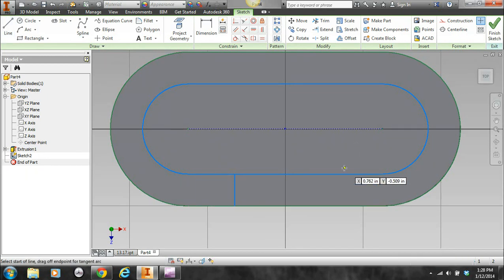Okay, and I want to do another one over on this side. Do the same thing. You may want to check your geometric constraints. Okay, notice when I hover over the perpendicular, the lines are perpendicular to one another. Also, at the end points of the vertical line, you'll see the little gold box. That's the coincident constraint to let you know that the end points of the line are coincident with the other